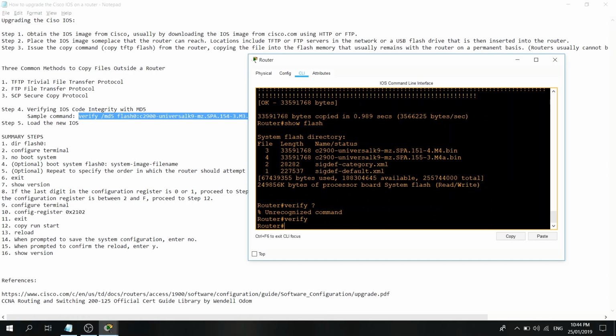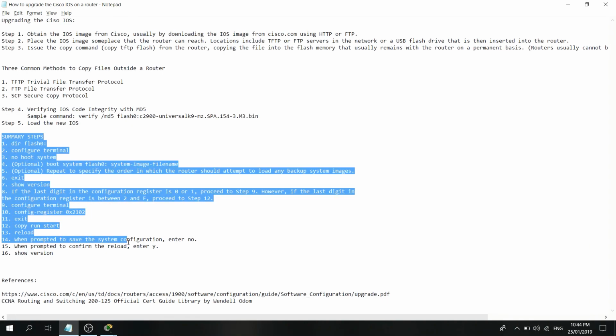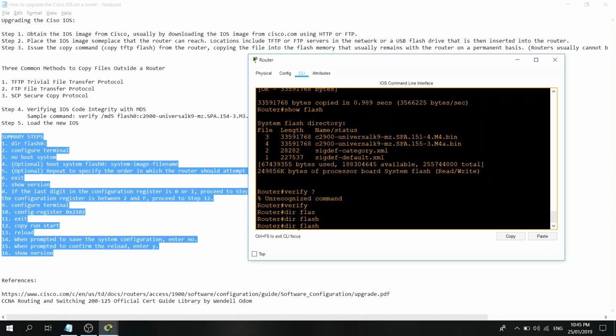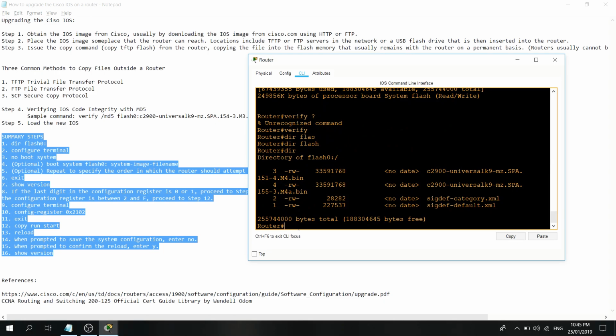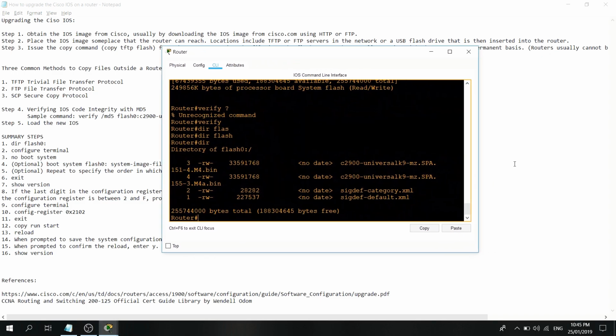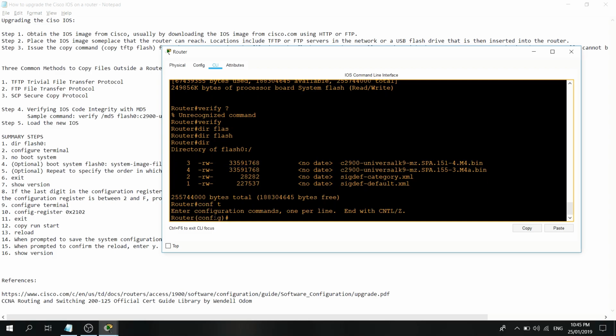So we're gonna do step 5, load the new iOS. So like I said earlier, we've got some summary steps here. So we're just gonna follow these steps. So dir, this is another way of showing the flash, or maybe not. You can just do a dir. So this is step 1. And these are the codes, and we're gonna do config t step 2 here,